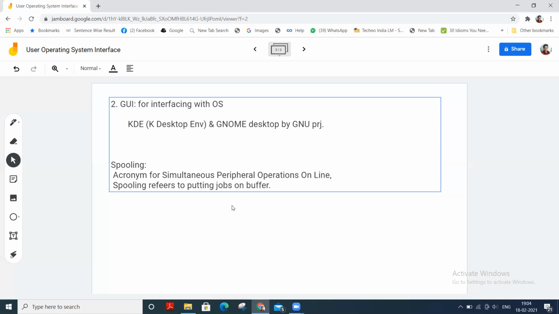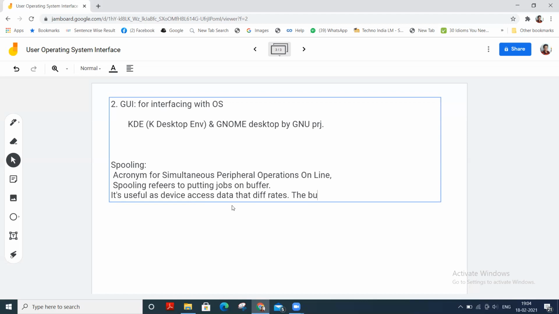Spooling is useful as devices access data at different rates.